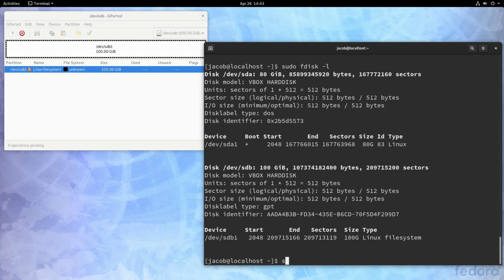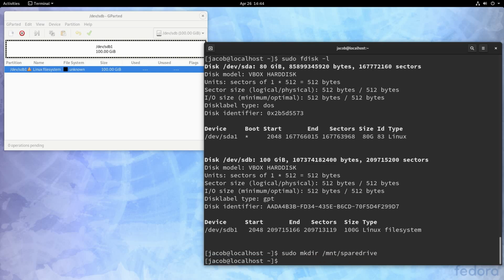So to do that, we're going to run sudo mkdir on /mnt, so /mnt/spare_drive. Now, you can make your mount point wherever you want. You can make your mount point within your home directory. You can make the mount point at /mount if you don't want to use the shorthand like I am. When you use a GUI file manager to automatically mount a partition, it's probably going to be something like /media or /run/media. But /mnt, a lot of distributions include by default. And this is just an easy way for us to know when we go in and access this spare drive directory, since it's underneath /mnt, we know that we're accessing a mounted partition. So we'll run that command to make that directory.